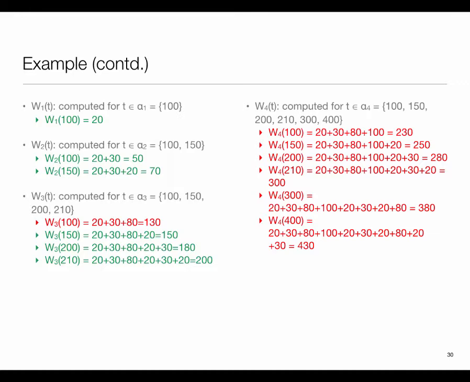And I likewise do it for 150. In fact, I didn't even need to check the next one. I checked one, I could stop. Task 3, I check for 100. I need work of 130, so that doesn't work. If I check for 150, that works, so I'm good to go. All I need to show is one of these is met. Task 4, shown similarly. I may have something wrong, but the concept is in each group there should be one green, that is, one inequality which is met.